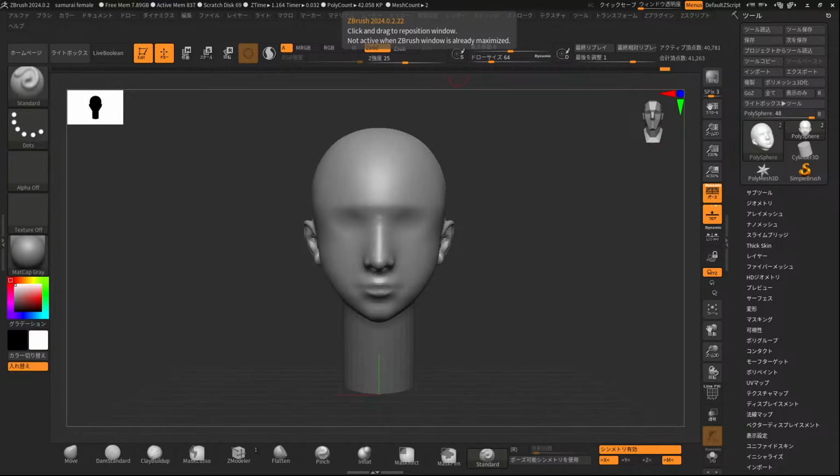Got a problem with the nose, and a common trouble area is the eyes. It's kind of pinching and we're losing the depth. Let's get a little bit more. Then what I'll do right now is I'll make polygroups of the different sections. Quickly, I'll come in here and I'll just draw a mask around the eye. Okay, so we want a circle. Come in here, I'll show you with polygroups. We'll go group masked. A group right there, good. I'll turn off line for now so we can just look at the sections.